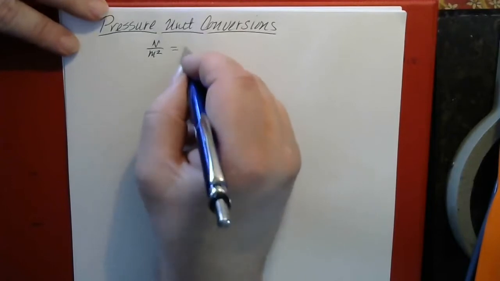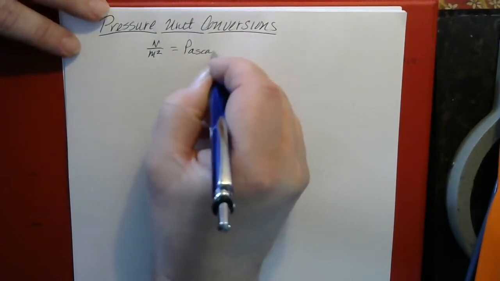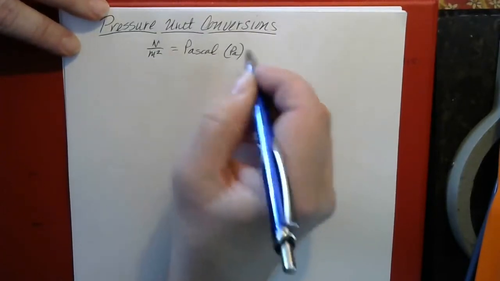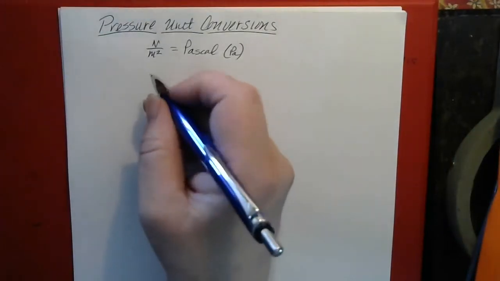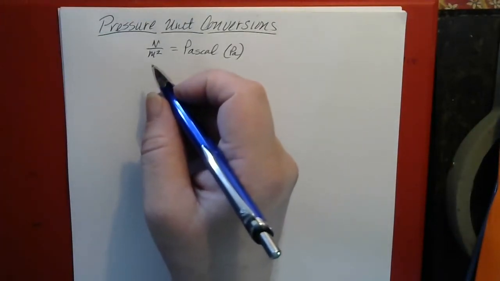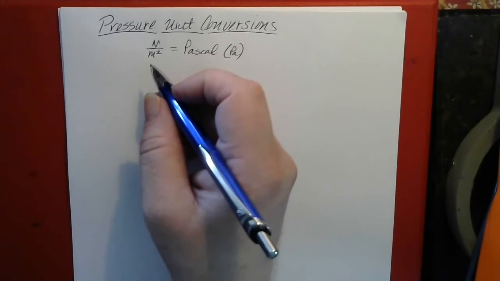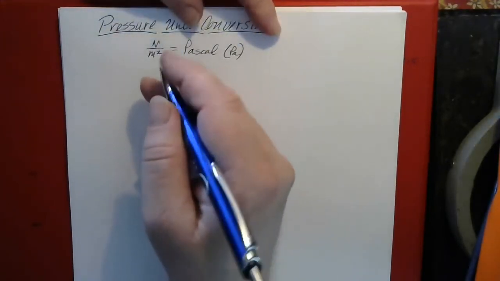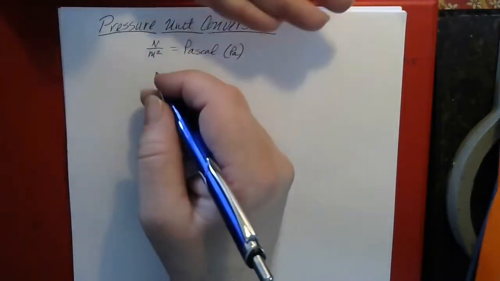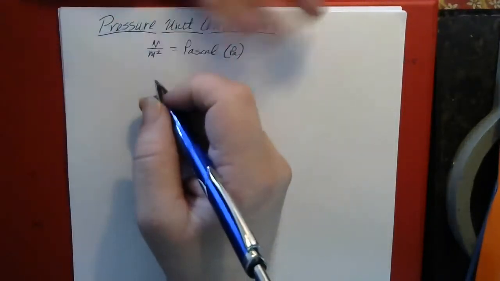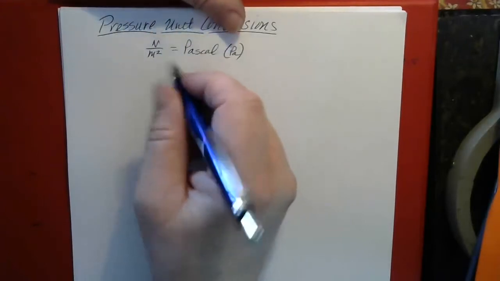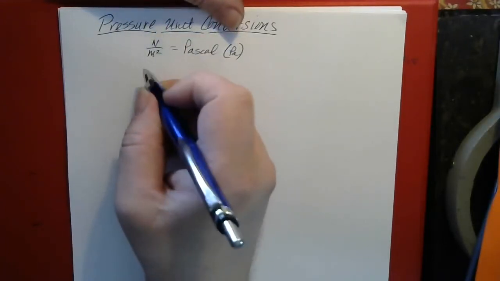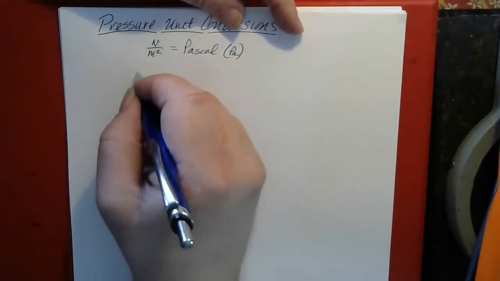And that is better known as a Pascal. But in the gas laws or gas equations that we deal with, most of the time we'll actually be using other units for pressure, units that represent pressure without giving force per unit of area directly. So we have units like millimeters of mercury or torr,